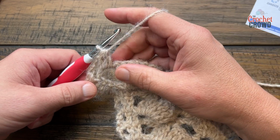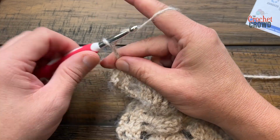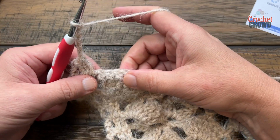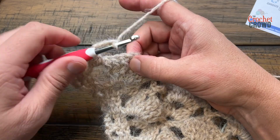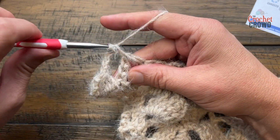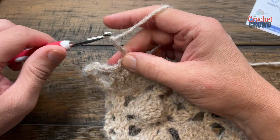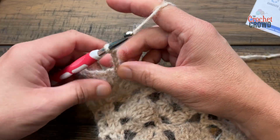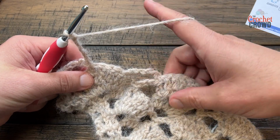Followed by a chain 5. Everything is in sets of chain 5, so 1, 2, 3, 4, 5. And I want you to single crochet into the space that is going to separate this group. And yes, you're going to chain 5. 1, 2, 3, 4, 5. So right here in this space, we're going to create our cluster, chain 5 in a cluster, and this will